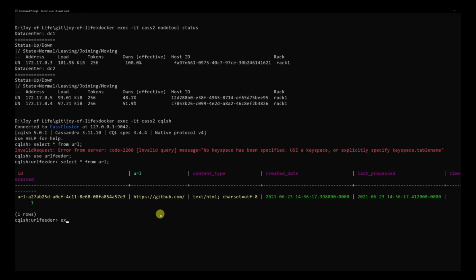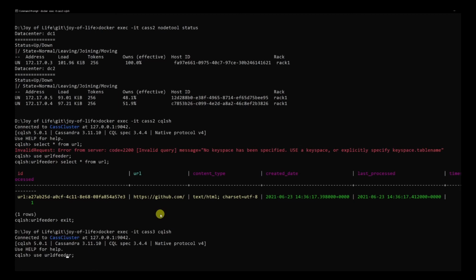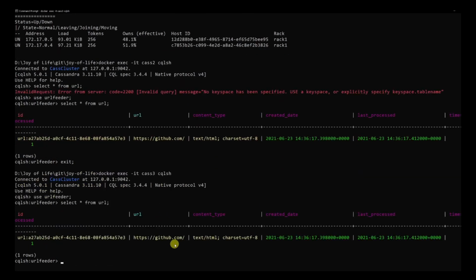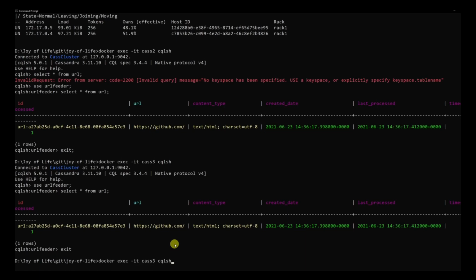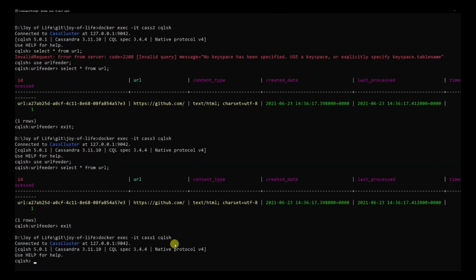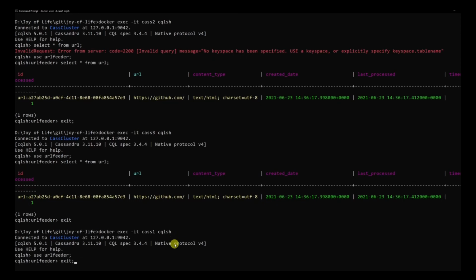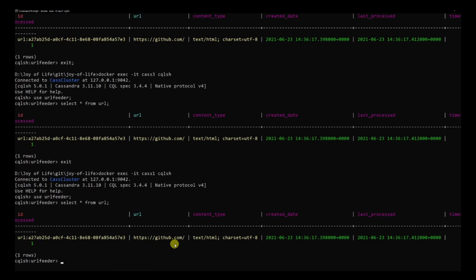So what I basically mean is, if I go to the other instance also, SQL SH3 also, you can see the data. So there is not going to be any problem with that. So you can query from anywhere you wish to. You'll see the data from virtually everywhere. Even if I go to CAS1 also, you will be able to see this data, because we are in a cluster now, and we are good everywhere.